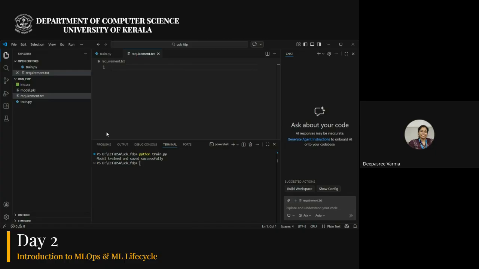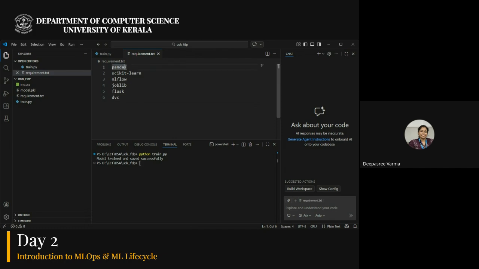Inside this requirements.txt, I will add the things which I want to install before running this, because if you are running this for the first time and the libraries are not present, you may need to install those. I'll put in the chat what all things you need to put in requirements.txt. Okay, those things are there in chat.